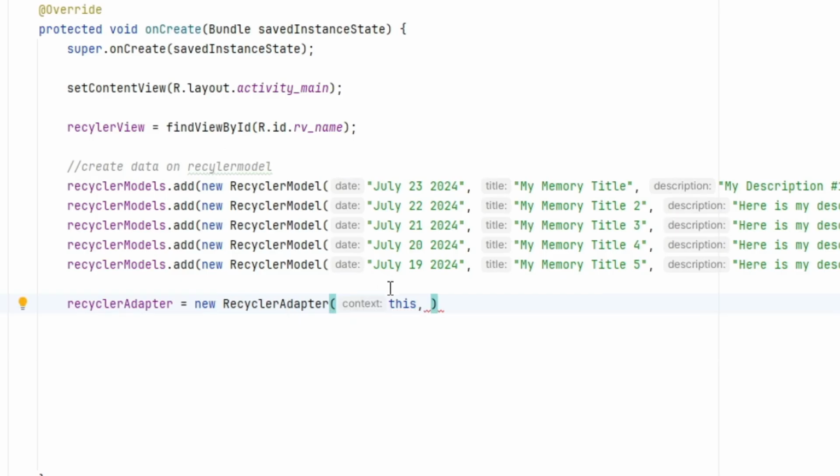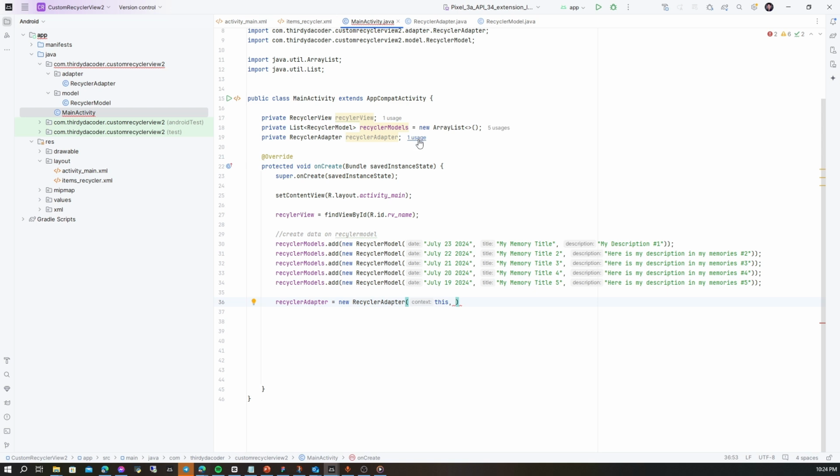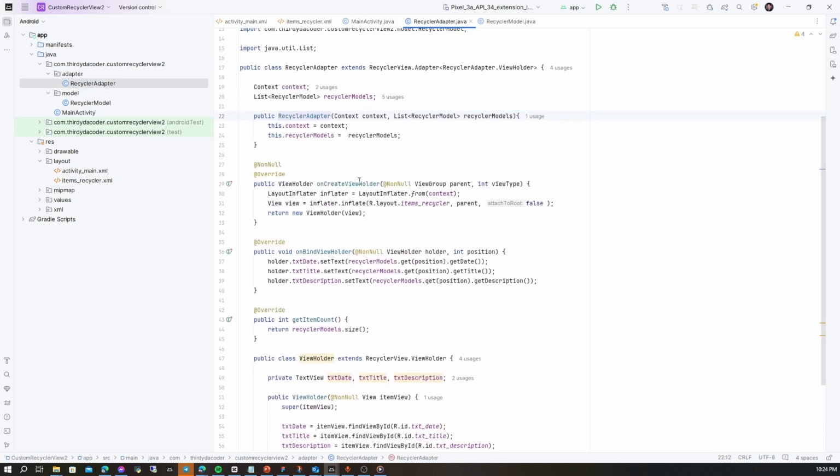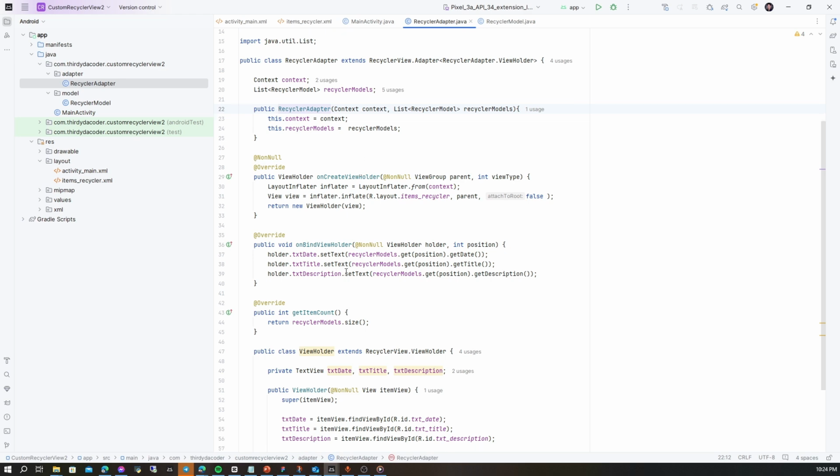The context is this main activity or the application context. Next, the models. The models have the recycler models, and we have data in the constructor, and it can be shared with the recycler adapter. The adapter automatically populates the data.